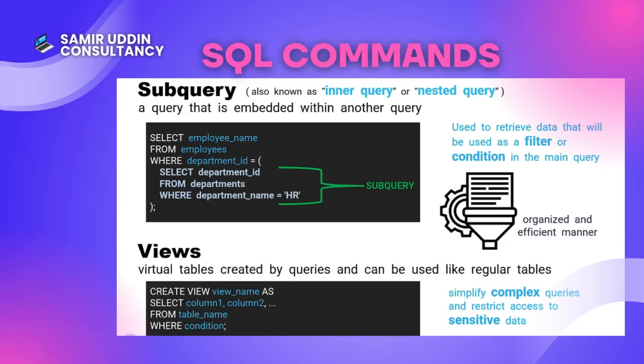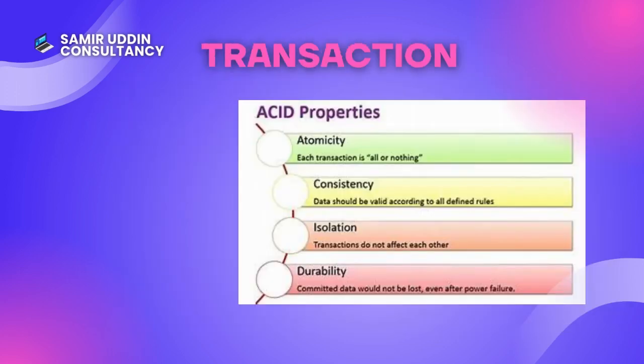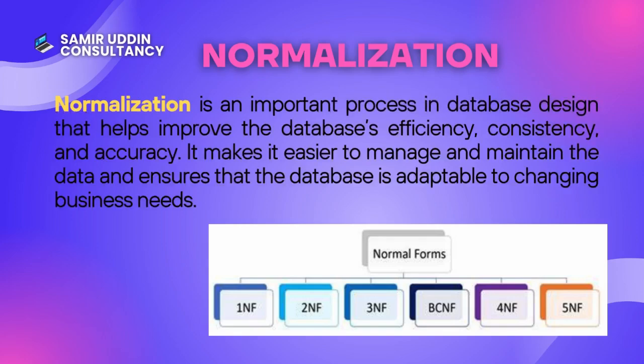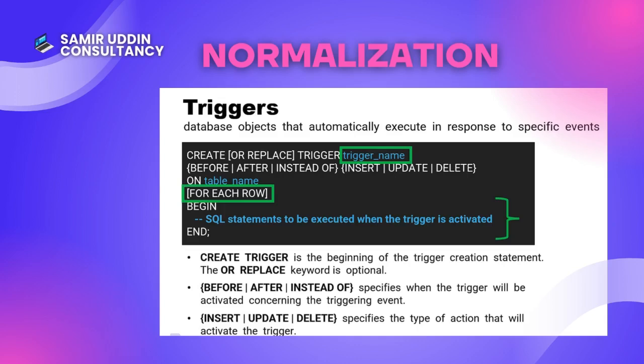Subqueries and views. Subqueries, or nested queries, are queries within queries used to filter data for the main query. Views are virtual tables created from queries, simplifying complex operations or restricting data access. Transactions ensure multiple operations succeed or fail as a unit, maintaining data integrity through ACID properties: atomicity, consistency, isolation, and durability. Normalization organizes data to eliminate redundancy, splitting it into related tables. Stored procedures are precompiled SQL scripts that enhance performance and security. Triggers automatically execute in response to events like data changes, ensuring consistency. For example: